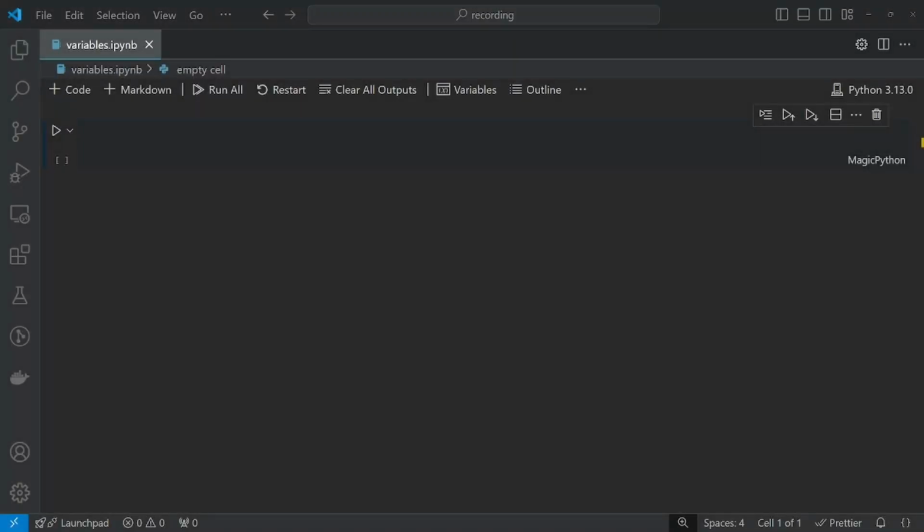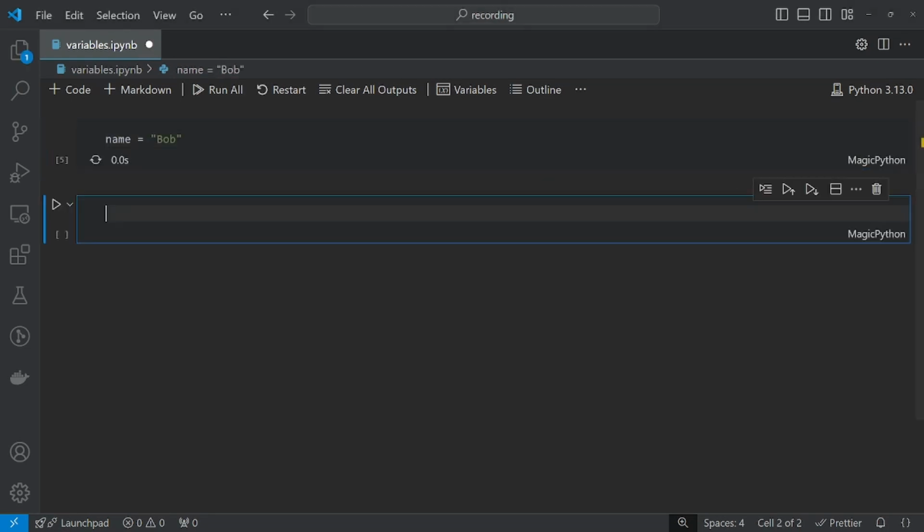Let's start by explaining what variables are. They are essentially places in the computer's memory where the data is stored. Such data can be numbers, pieces of text, logical values, or others, often more complex data structures. We assign a unique name to such data, through which we gain access to it. A good example would be the variable name, to which we assign the name Bob using the equals sign. In this simple way, we have created a variable storing textual information, represented by a string of characters enclosed in